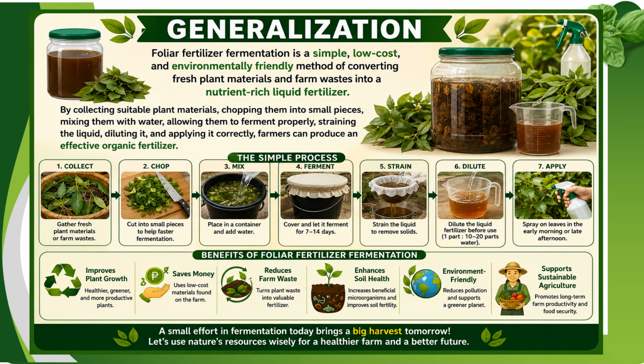Foliar fertilizer fermentation is a simple, low-cost, and environmentally friendly method of converting fresh plant materials and farm wastes into a nutrient-rich liquid fertilizer. By collecting suitable plant materials, chopping them into small pieces, mixing them with water, allowing them to ferment properly, straining the liquid, diluting it, and applying it correctly, farmers can produce an effective organic fertilizer. This practice improves plant growth, reduces farm waste,